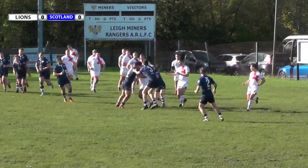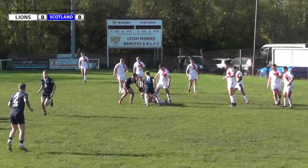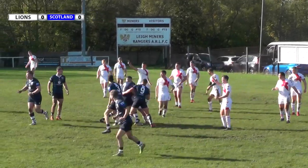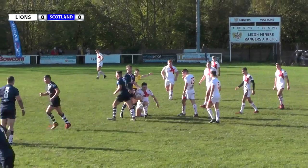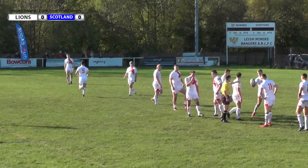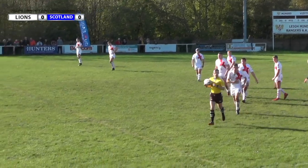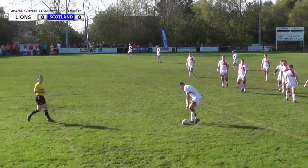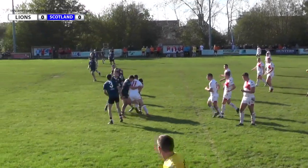England deep in their own territory though, pushing forward. 2-man challenge coming in from Scotland. Leading the way there was Fraser Gilvry, but England keeping things simple, winning the penalty. High tackle it was, and England looking to get downfield. Of course, what you'll see on this ground, we've got a canal over to the far side of the field. We've got the clubhouse behind where we're filming from, so you won't see any kicks to touch, as that's a